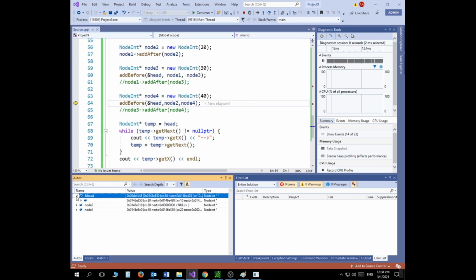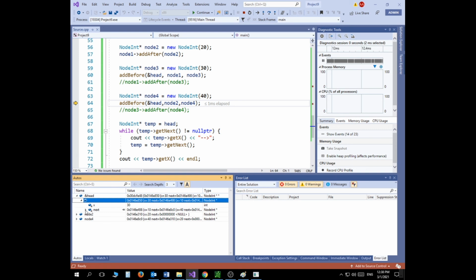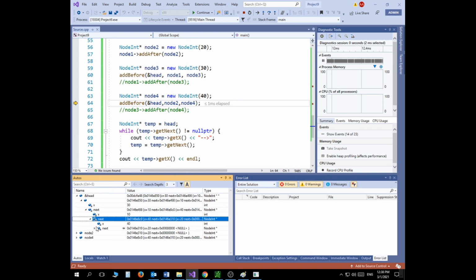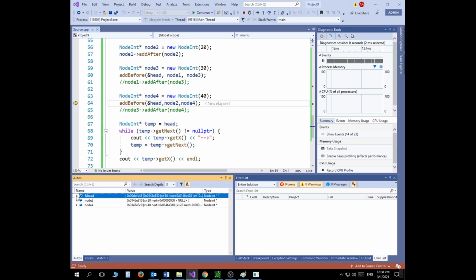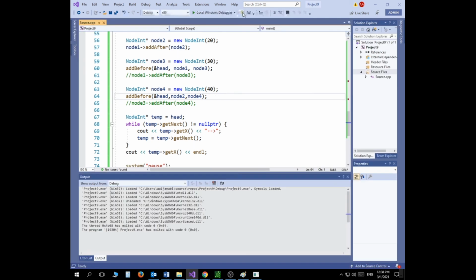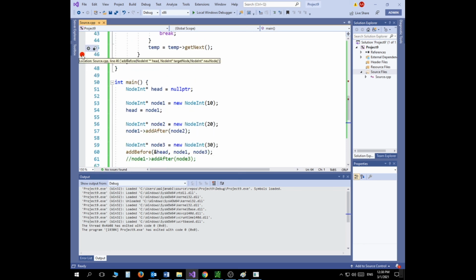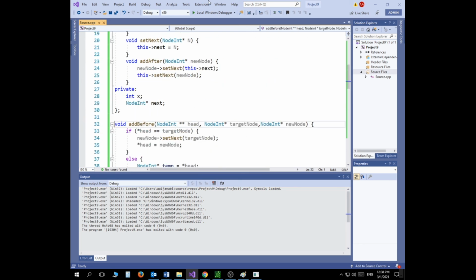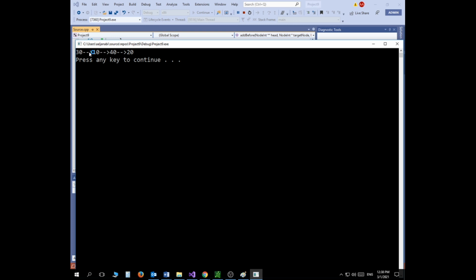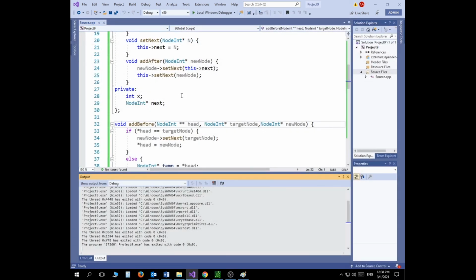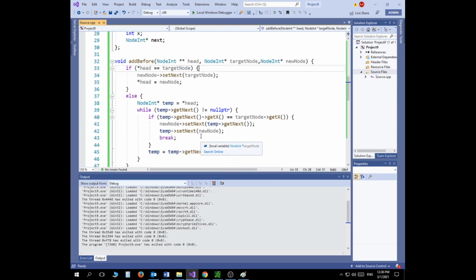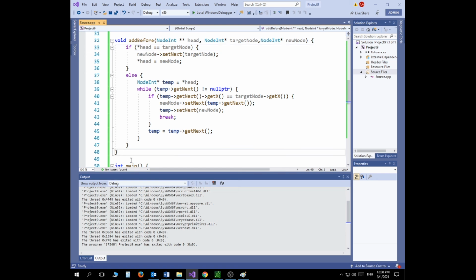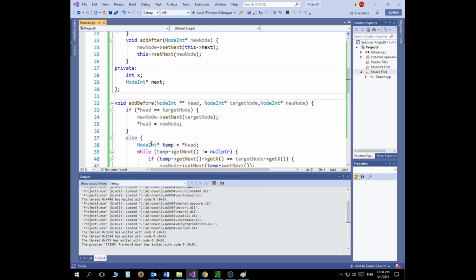Let's look at the head again. I got 30, I got 10, I got 40, and then I got 20. You can see here now the order is correct. Now if I stop, let me take those points away. Let me run it, and you can see 30, 10, 40, and 20. Okay, so I hope, again, I know it's not that easy, but I hope it makes it a little bit easier to understand how you deal with pointers and how you deal with